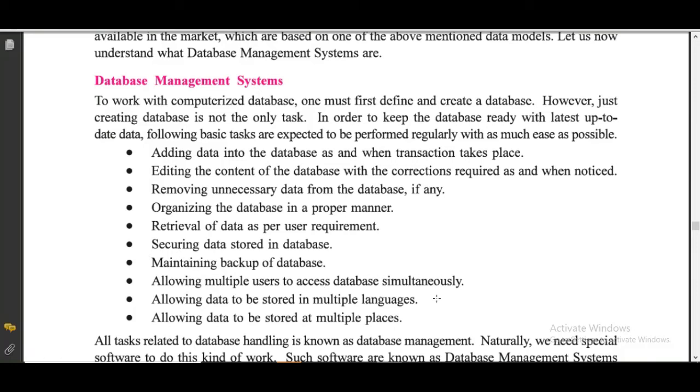Allowing multiple users to access database simultaneously. At the same time, as I have told, there are multiple users of this database at multiple levels. So we should allow multiple users to access this database simultaneously. That means at the same time.